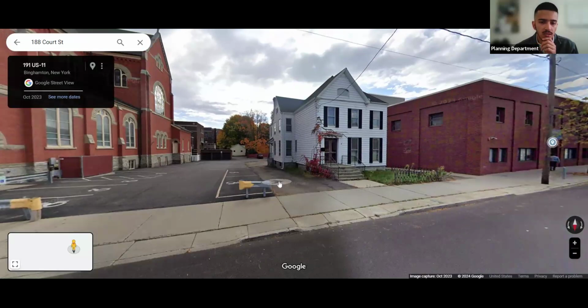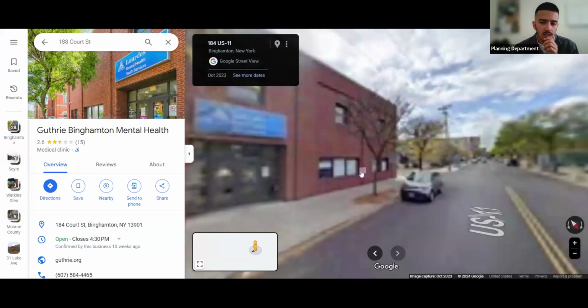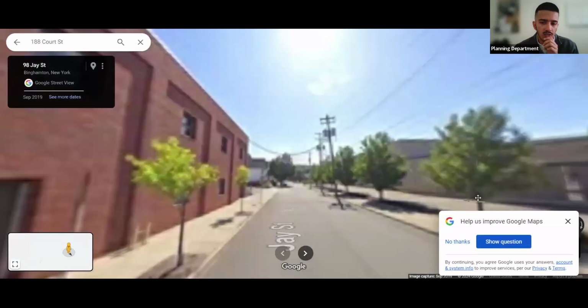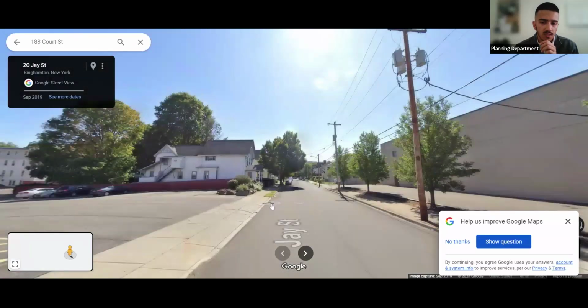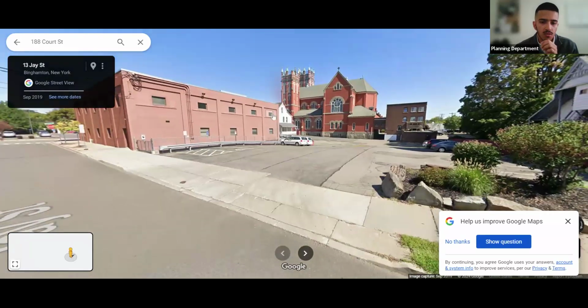There's going to be a parking lot here where the house is standing, in combination with the existing parking lot on the rear of the property. The plan that was provided did not include sufficient landscaping beds. So this is the existing parking lot that they're going to combine it with.